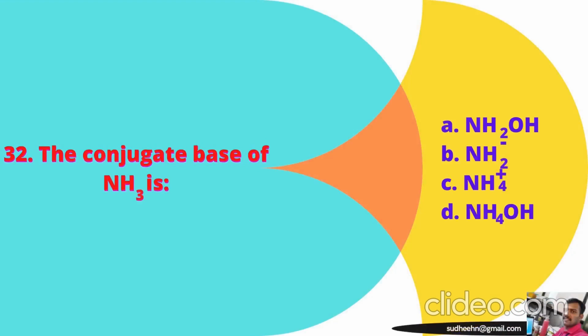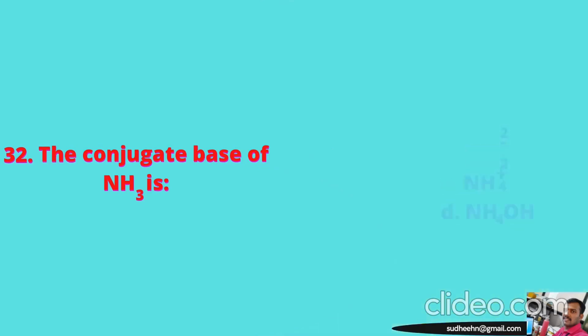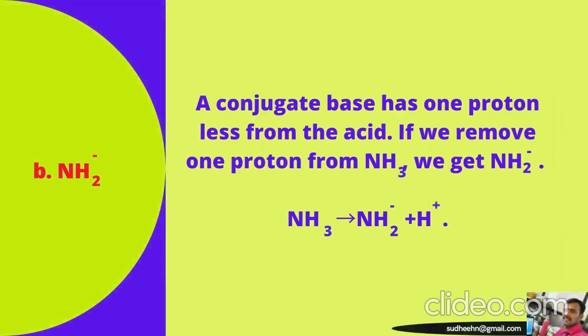The conjugate base of NH3, that is ammonia. The options are option A: NH2OH, that is hydroxylamine, and NH2-, that is amidogen. It is not available in the pure form. When we remove one hydrogen from ammonia, we get this species. And option C: NH4+, that is the ammonium ion, and option D: NH4OH, that is ammonium hydroxide. So the right answer is option B, that is